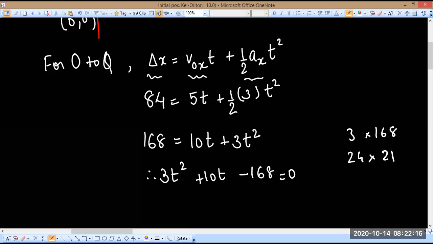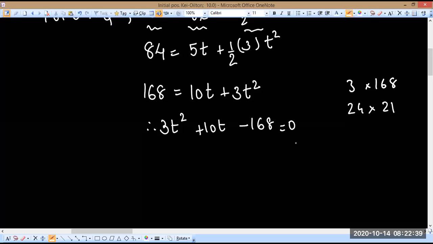So instead of that you take a 7 out here, so okay, that won't work either. 24 into 21. Okay, we want a difference of 10. These have great factors. So